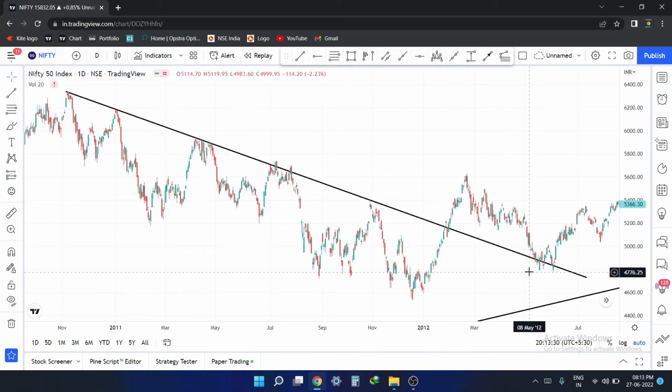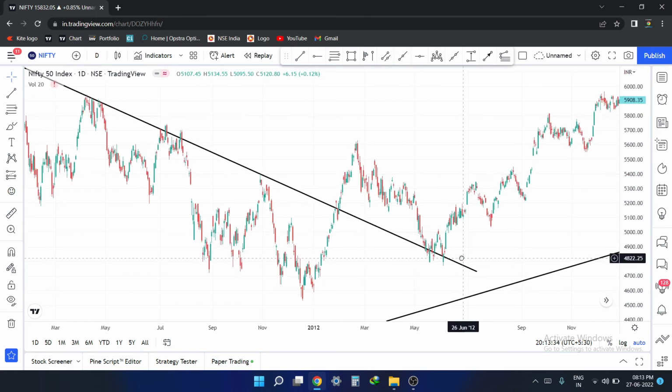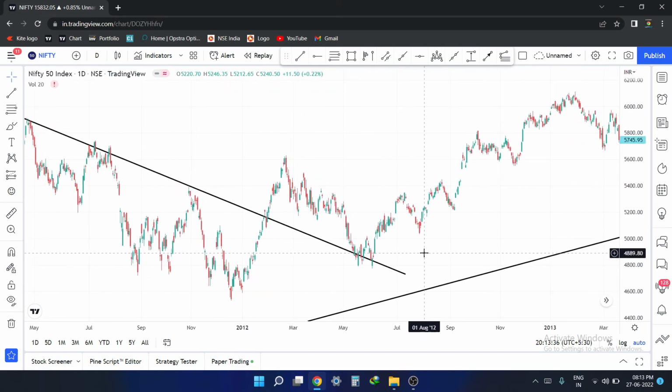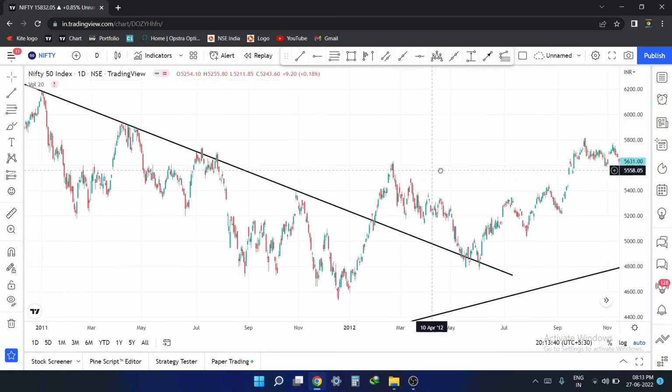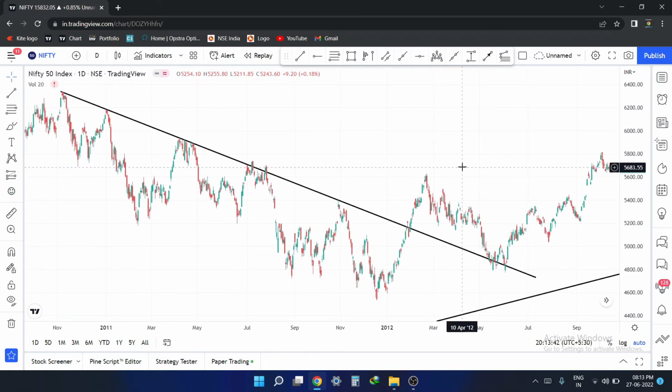And there was again a trend line resistance. It created a double bottom here, and then it moved like hell. So this was a crazy move. So a 45-degree trend line works best. Never miss it. And another thing I will add: a trend line which is too steep, like a 70-80-degree trend line,